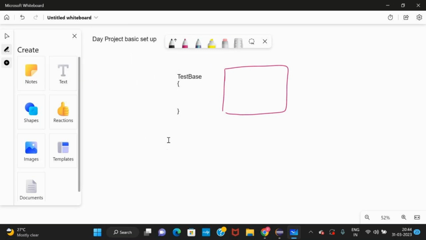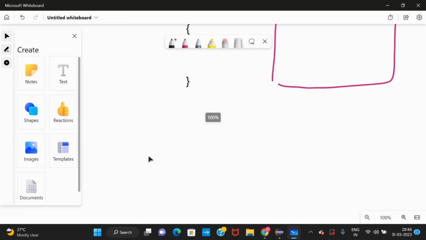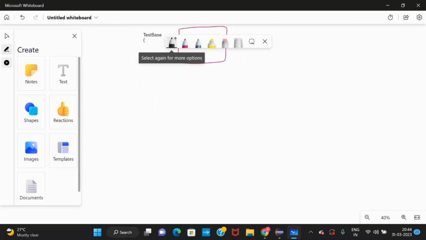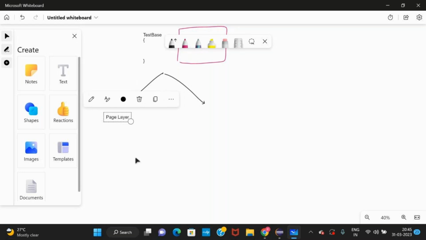What does it contain? Everyone forgot? Okay. What will TestBase contain?